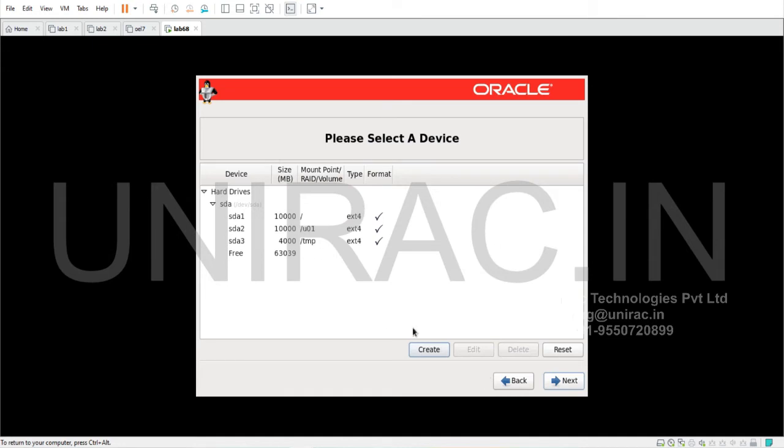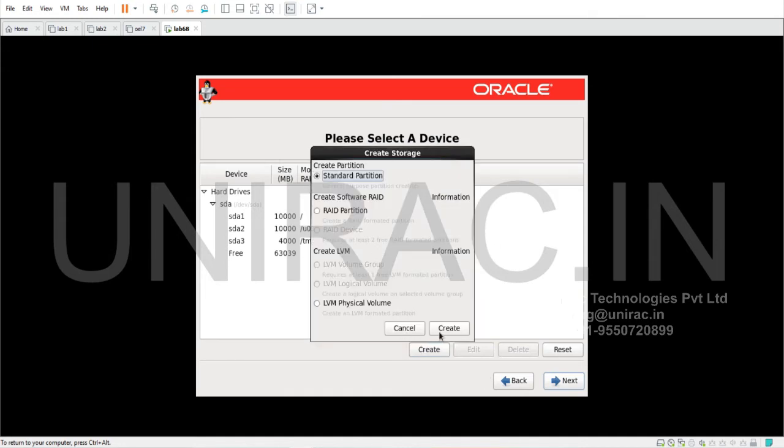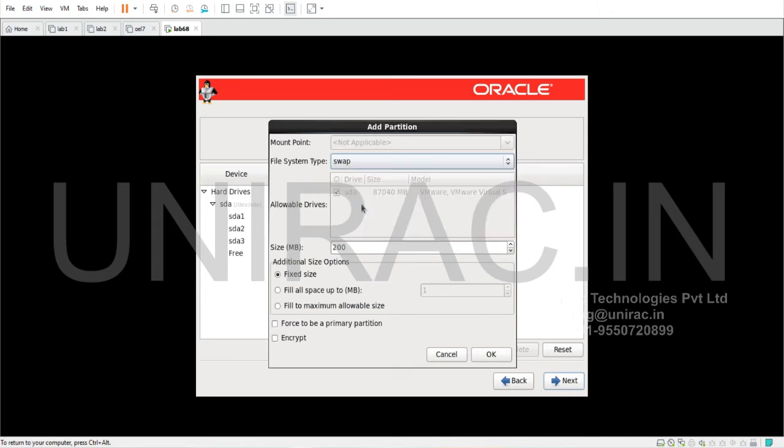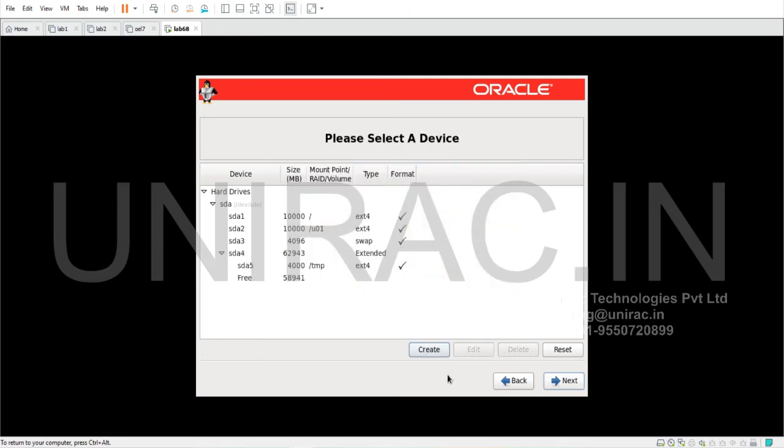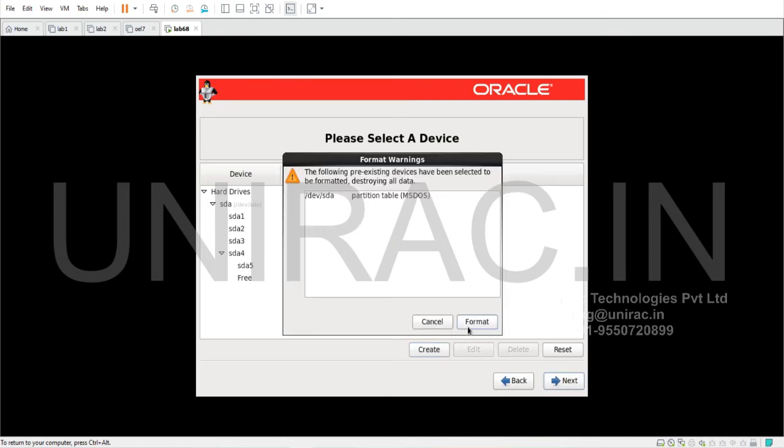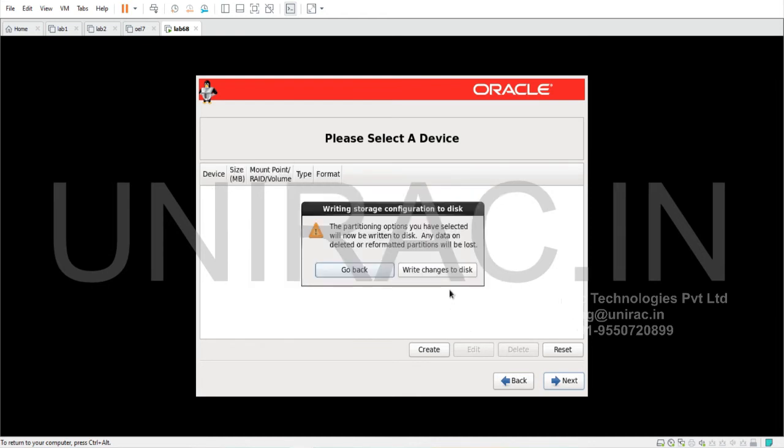So I have created 3 partitions and 1 more file system. I'm going to choose a swap. It must be entered with double the RAM size. We enter 4 GB. This is virtual memory. Double the RAM size is recommended always. So done with your partitions, go with next. Choose the format option to format your partitions now. Accept the write changes to the disk.